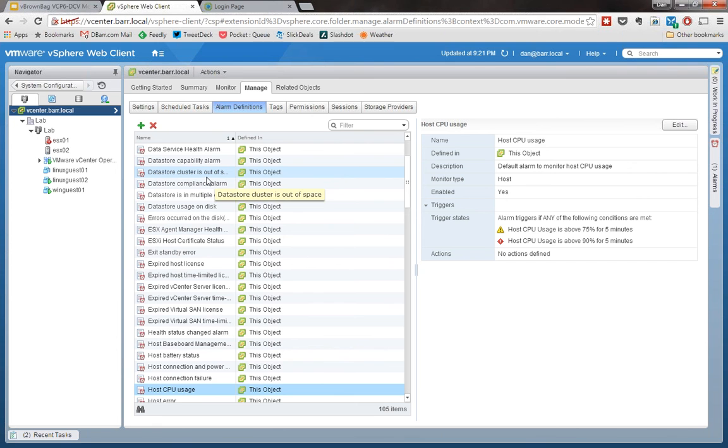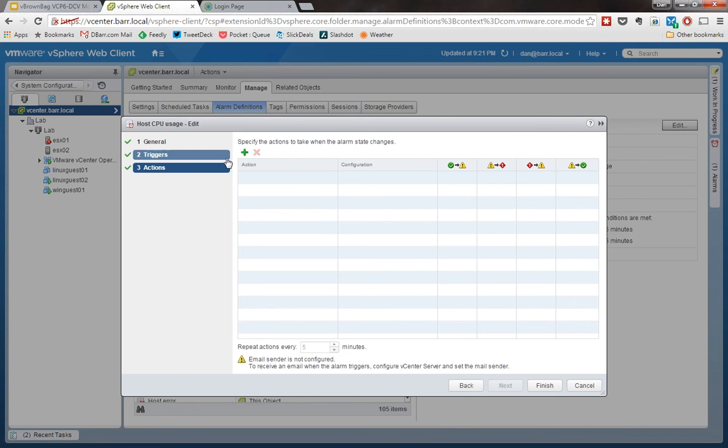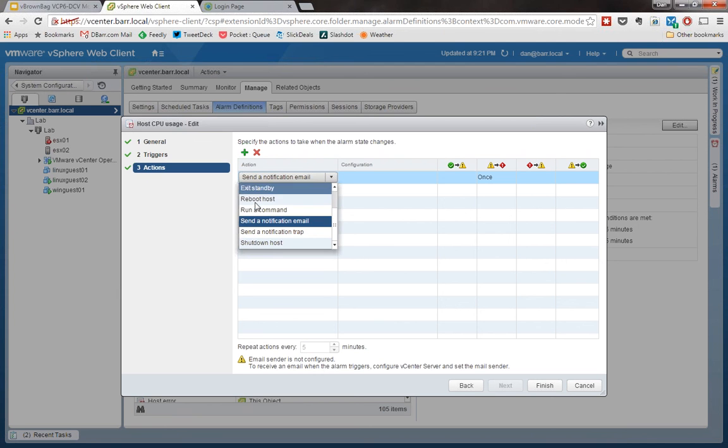So let's create a custom alarm, because that's definitely something on the blueprint here. Actually, the first thing we're going to do is, let's say we have this host CPU default alarm that comes out of the box. Something you might want to do with a lot of these alarms is add an action. So in this case, we want to